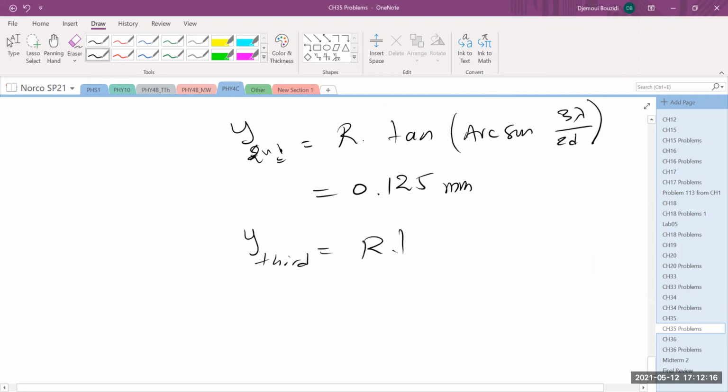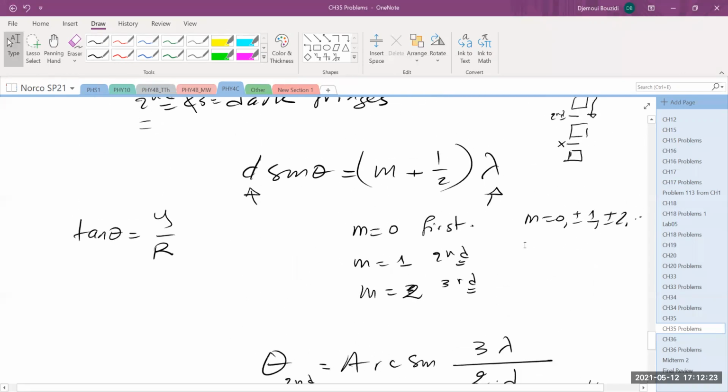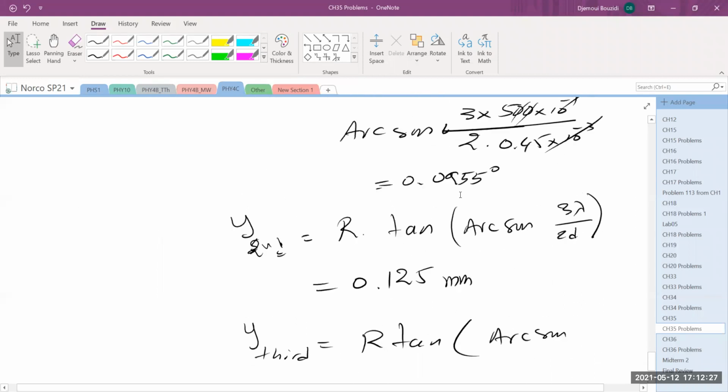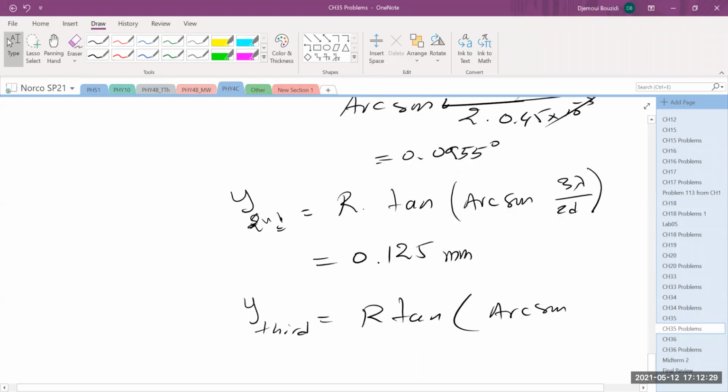It's going to be the same formula, except that the number in here, when you replace it with 2, is going to be 5 halves. 2 plus 1 half is 5 halves. So this number 3 becomes 5. So it's going to be 5 lambda over 2d, the same expression as before, which is going to be 75 centimeters times